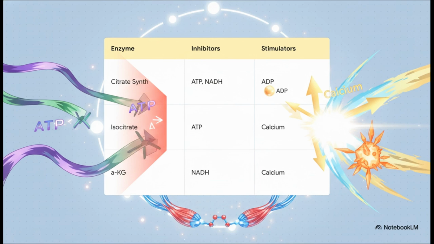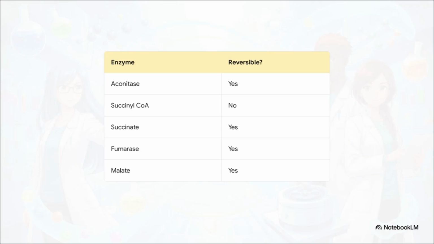Why? Well, in muscle tissue, calcium is the trigger for contractions, but those muscles absolutely need ATP to detach myosin from actin so they can form cross-bridges. So calcium is signaling the Krebs cycle to speed up, ensuring the muscles have the ATP they desperately need to function. It's just brilliant. Rounding out the enzymes here, we can note which reactions are reversible, like aconitase, fumarase, and